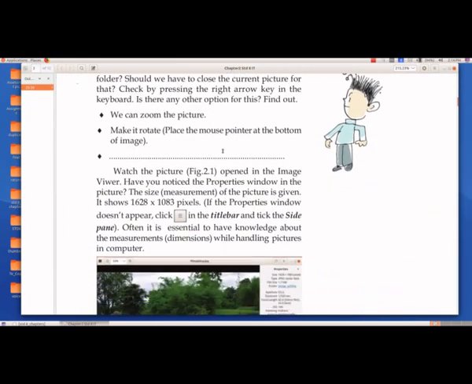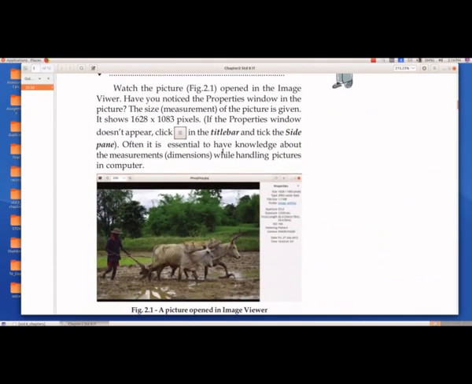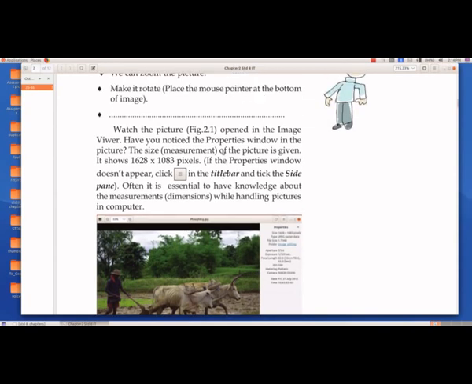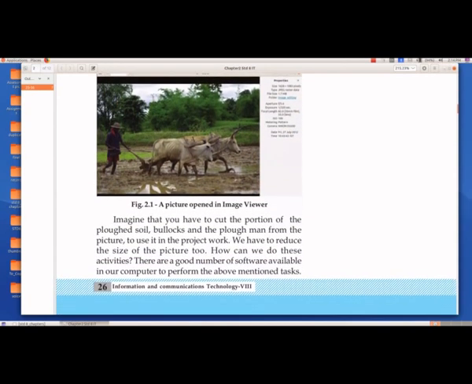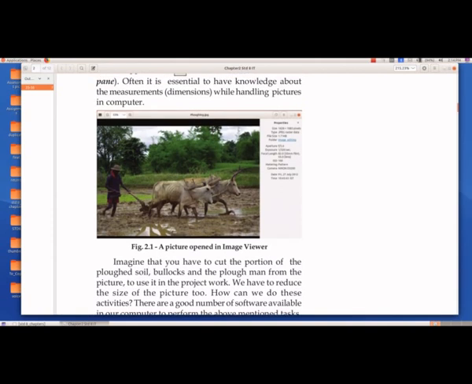And here, as I told you, we are going to open an image using an image viewer. And this is the picture that we want to open. And we will see how we can open this picture and what all things we can do.